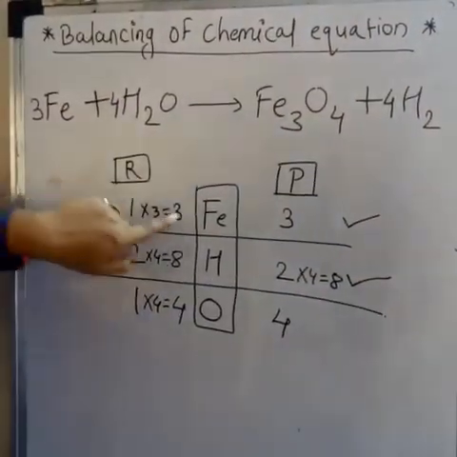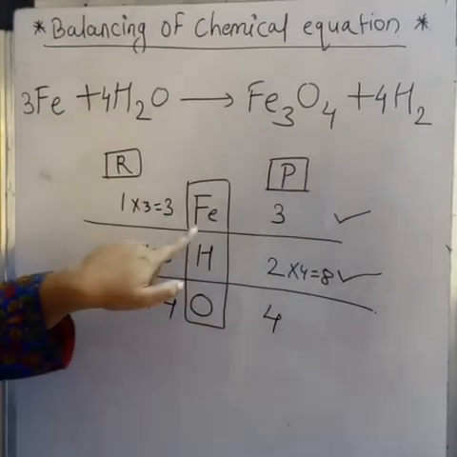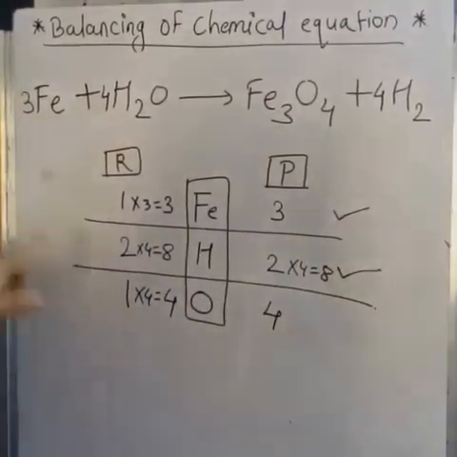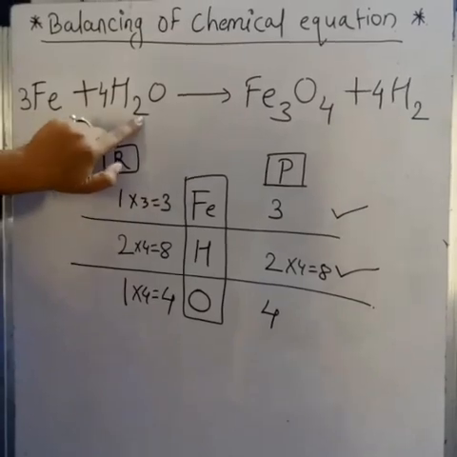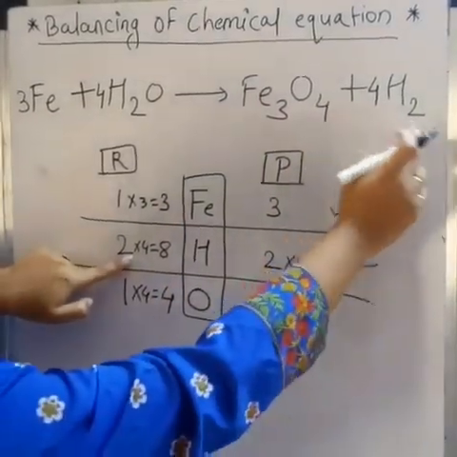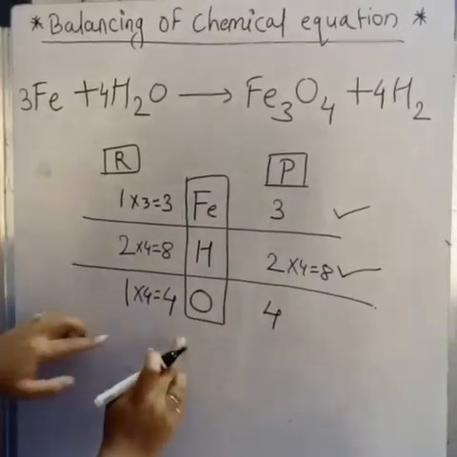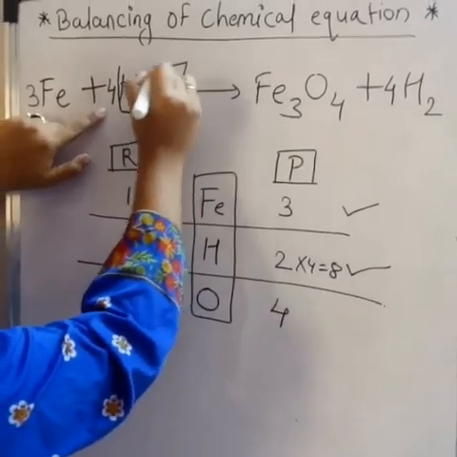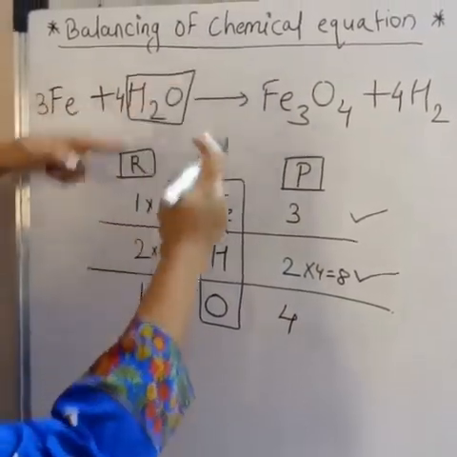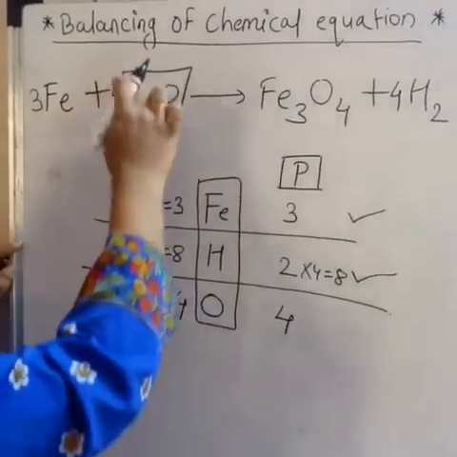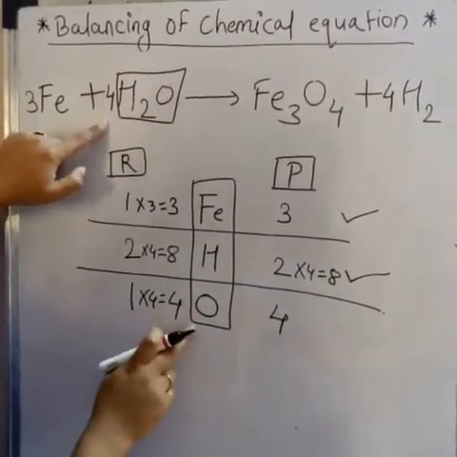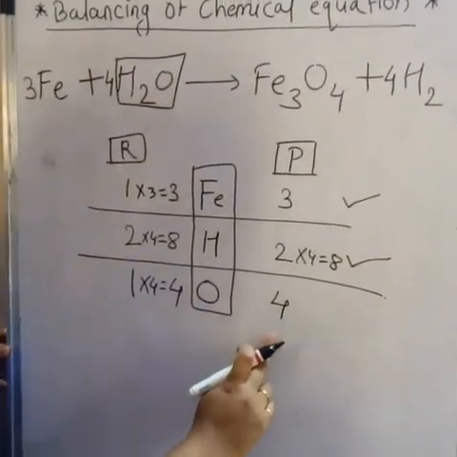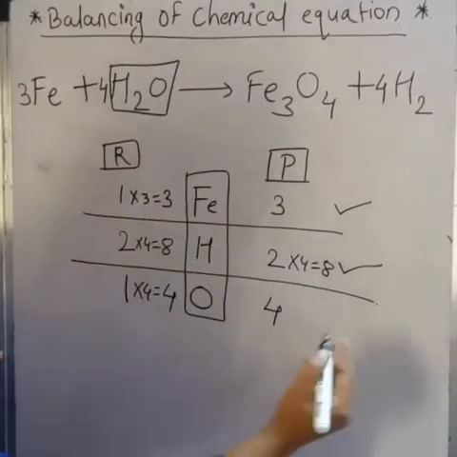Now once again we'll check all the elements for the correct equal number of atoms. Iron 3 Fe, 3 Fe, done, balanced. Then hydrogen 4 2s are 8 hydrogen, and in the product side 4 2s are 8 hydrogen. This is also balanced. Now look at the oxygen, 4 oxygen. See, I am putting a box around this molecule so you understand this 4 is multiplied for the whole compound, or all the elements present in the compound. So oxygen becomes 4, and in the product side, the oxygen number is 4. So hence all the numbers are balanced.